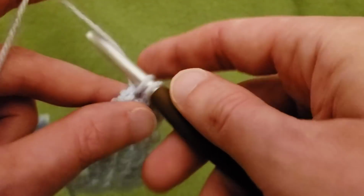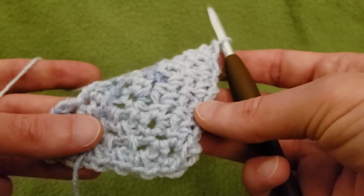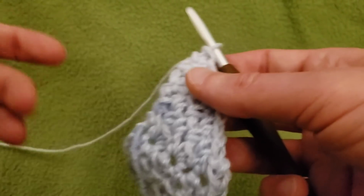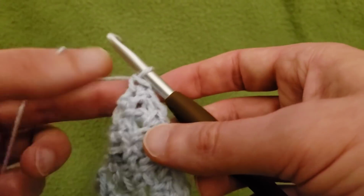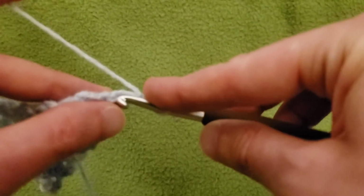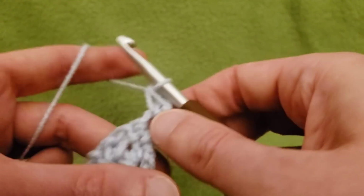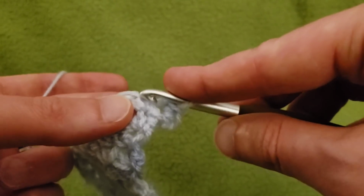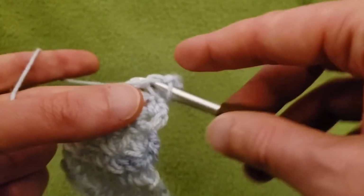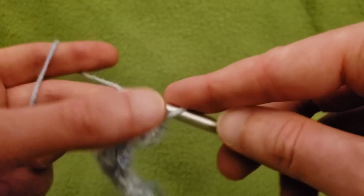Now, if you want to do the edge of just solid single crochet stitches like I showed you before, there's a very slight variation. I mean, you're chaining up 1, 2 singles in that first stitch, and then single in the single, right? And then single in the chain space,